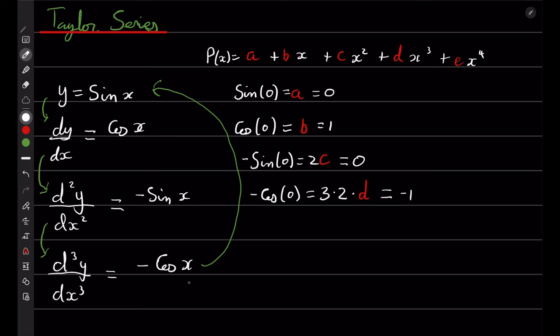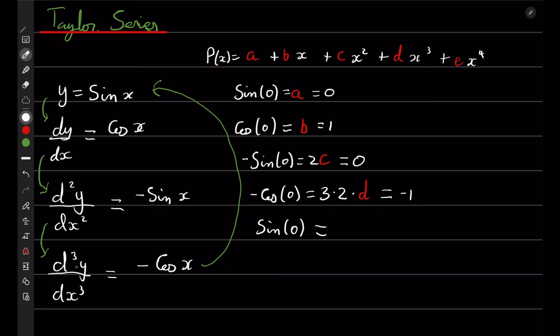The fourth one, we go back up, and now the fourth derivative is basically just sine. The fourth, it's itself, and it follows a nice cycle, which I find quite fascinating. It goes sine x, cos x, negative sine x, negative cos x, then sine x again, and the pattern repeats. You get the point. So sine x, sine 0, it should be equal to